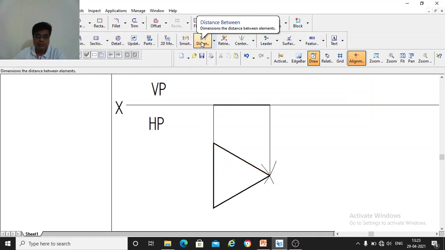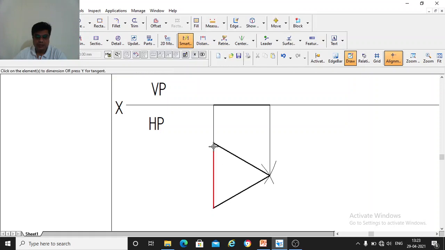Since it is an equilateral triangle, all the three edges are the same, so you can show the dimension to any one edge. I will show the dimension only to this edge. You should show the dimension line like this.